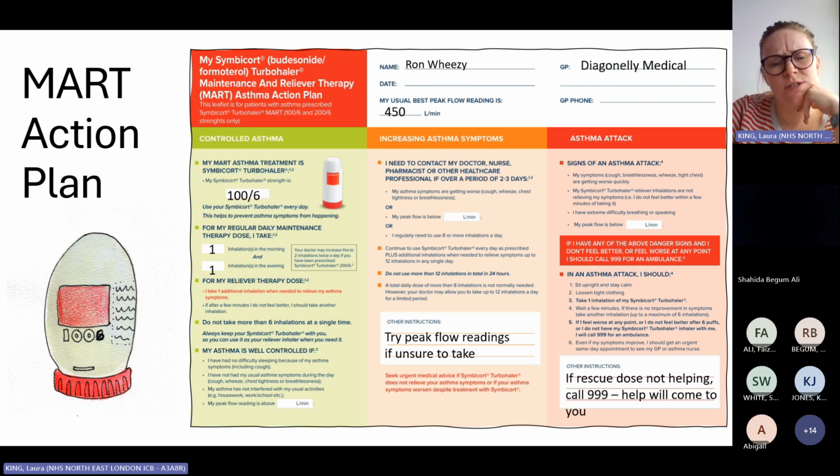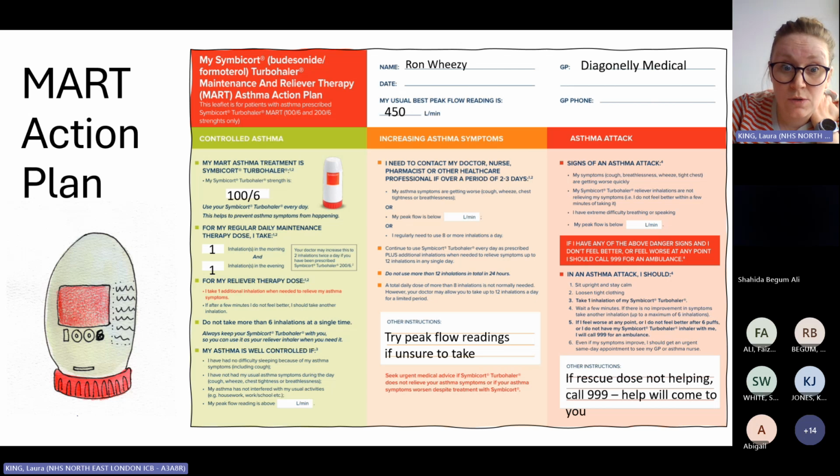And we actually had a really interesting question in the last session where somebody said, what if you've maxed out your 6 as a patient and you're still in trouble? So we'd be saying, of course, if it's an emergency, you've called an ambulance, let's just play devil's advocate. You've used your 6 puffs in the last few hours, you're not getting better. You've called an ambulance, and the ambulance says they're going to be a bit too long. That's an emergency. If they need more puffs, you could have another 6 before you max out. It's an emergency as long as they're seeking help.